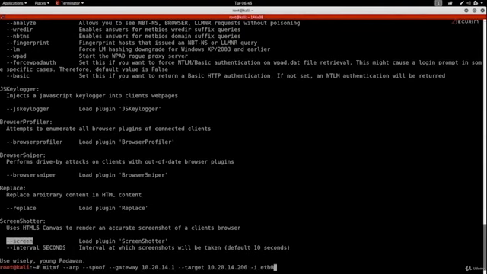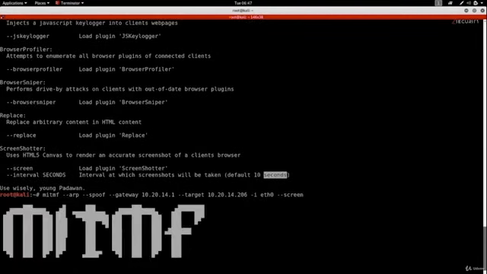So what I'm going to do is use the exact same Man-in-the-Middle-F command that we've always been using. And the only thing is I'm going to add --screen to load the screenshot plugin, which will take screenshots of every loaded page. You can also add --interval to specify the interval in seconds between screenshots, but I'm just going to keep this to the default, so the program is going to take a screenshot every 10 seconds. So I'm going to hit enter,